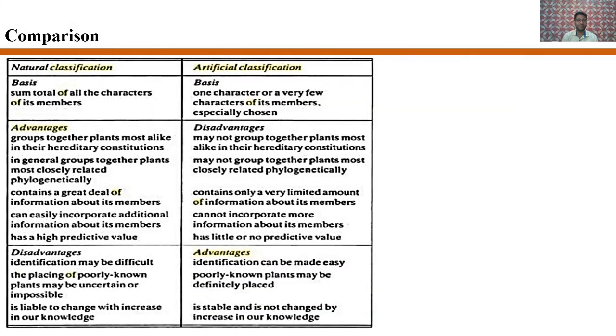This is a comparison between the natural and artificial system. In natural system of classification, it is based on the sum total of all the characters of the plants, while in the artificial system it is based on one or a